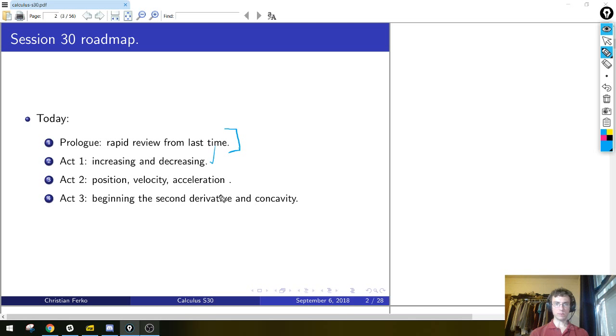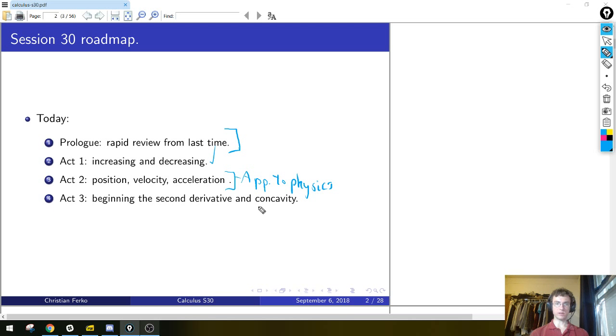One sort of flavor text way of interpreting these statements about graphs is to think about them as the position graph of a particle which is moving. So this is really the first kind of application to physics, and it's going to remind us of the motivation that Newton had for defining, really discovering, this notion of the derivative, which we spoke about a while back. So we'll do some physics here,